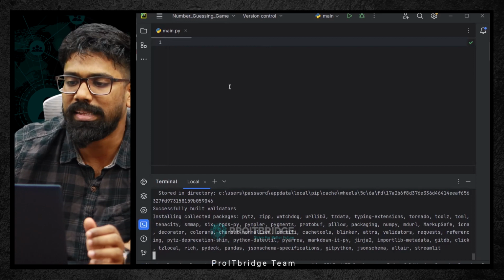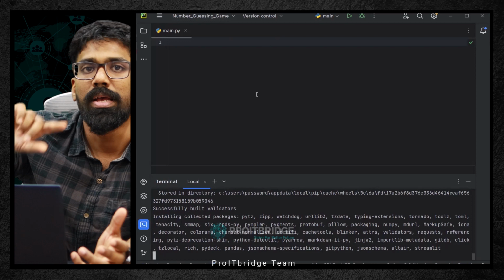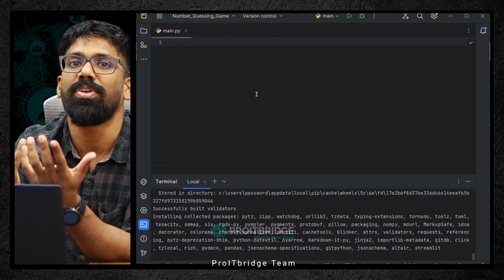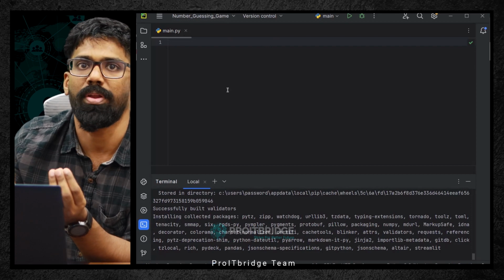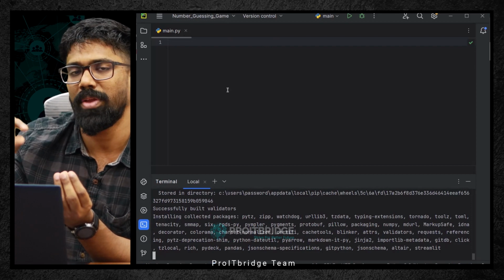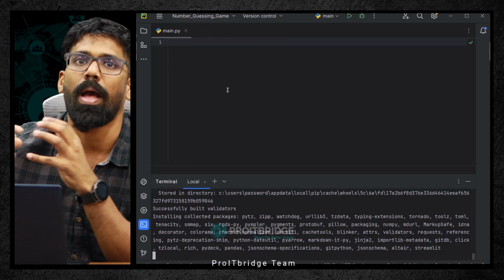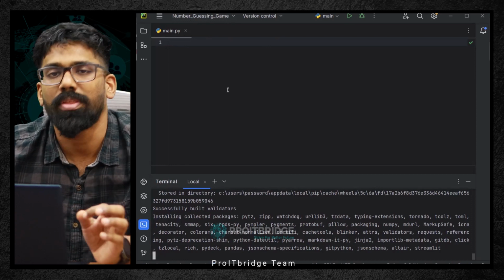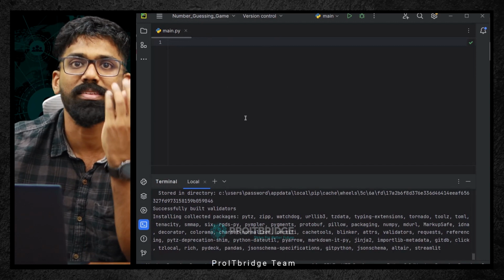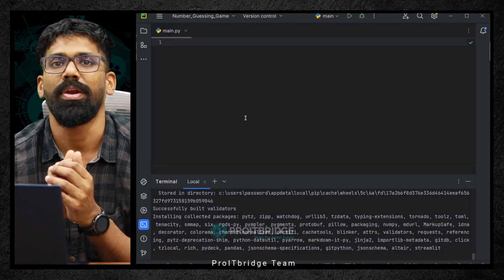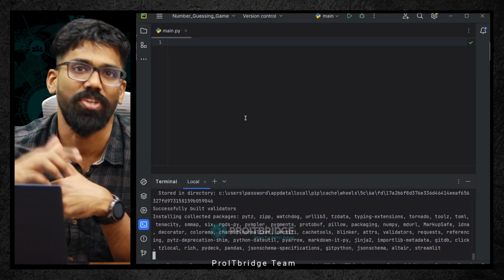Here PyCharm is called the client. Client means the one who sends; server means where it is actually executing. For now, the client is PyCharm, this particular program where we are writing, and the server is where we are actually deploying. The communication happens back and forth. That is the advanced understanding of a web application framework: there is a server and there is a client. The client sends the communication, and the server captures that communication and tries to execute it.